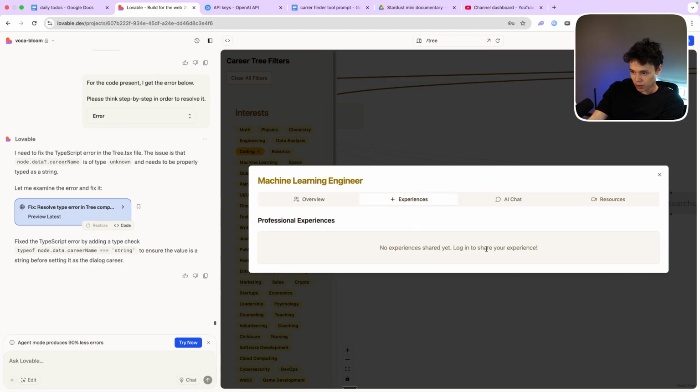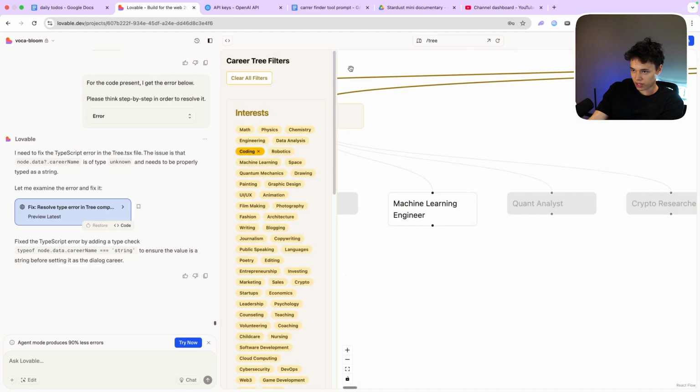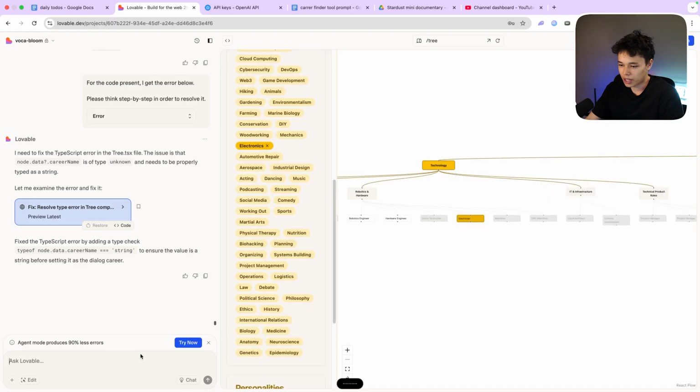And we want to be able to log in to share your experiences. I thought I already was logged in. Okay, perfect. Now, there are a couple of things we need to fix. We need to firstly make it such that the YouTube thing is actually like a native integration. Like you should be able to see the YouTube video embedded within the website. And we might have to use an external API for that. Just tell me which. And then also, it says that I have to log in, even though I'm logged in.